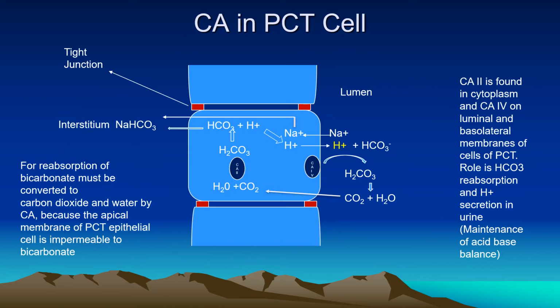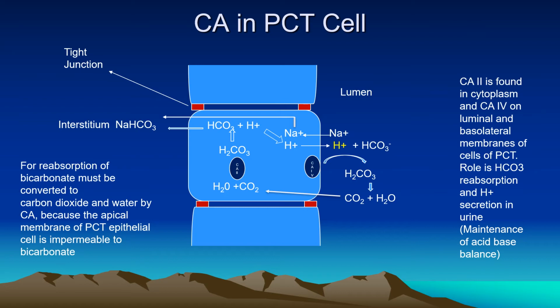In the renal cells, there are two types of the enzymes located. One is on the basolateral and apical membrane, and the second is in the cytoplasm. The cytoplasmic variety is carbonic anhydrase 2, and the basolateral and apical is carbonic anhydrase 4. If you look at the pictorial, it will tell you that ultimately hydrogen ion secretion is a function of the coordinated